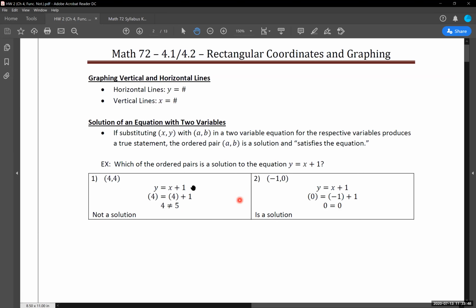But again, write out that original equation in your first line. Your second line of work is just substituting in the x and the y values accordingly. And then after that, you are just simplifying the left side, simplifying the right side. And remember, if you are simplifying, that is using our order of operations, that's using PEMDAS to guide our process for that.